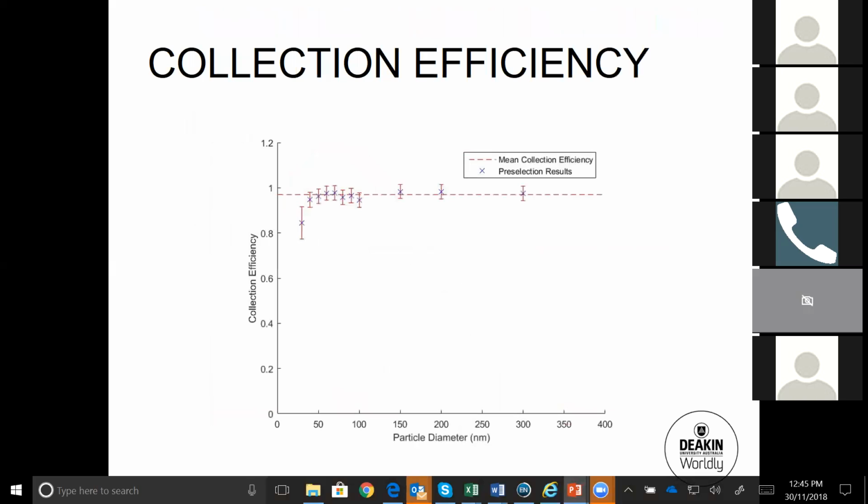So here, this is a significant improvement over an earlier wetted wall cyclone design, which was reporting a collection efficiency that is greater than 88%. So our collection efficiency is, as you can see, above 98% for all particle sizes apart from these ones, and 50 that are still above 80%.